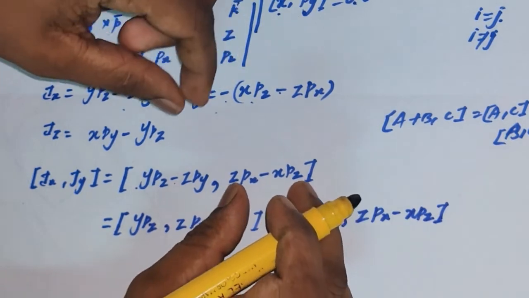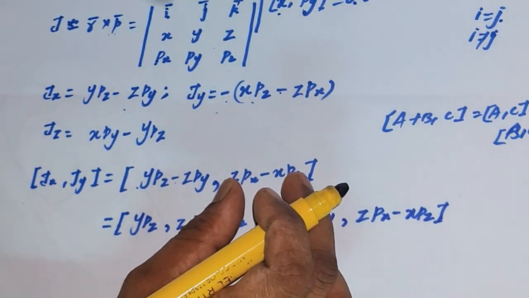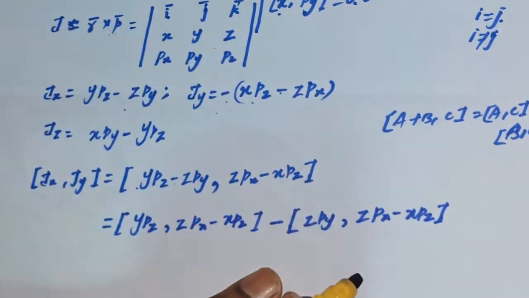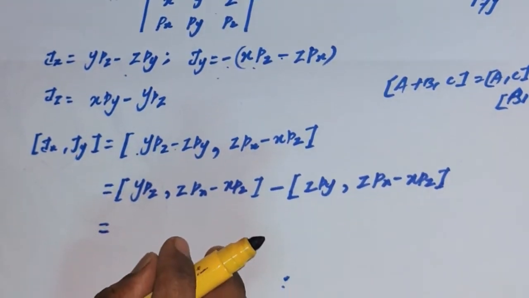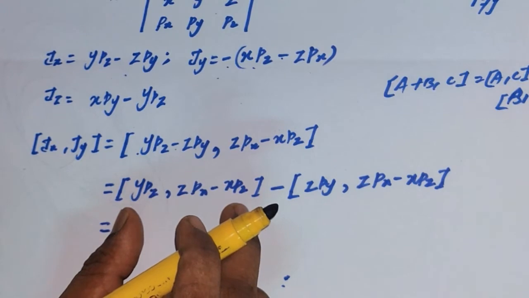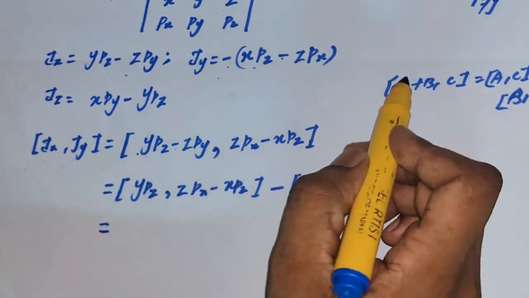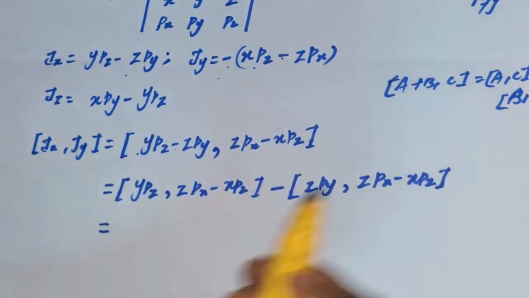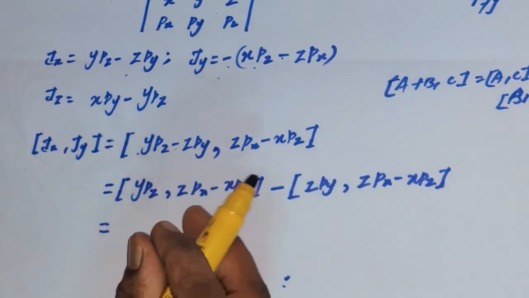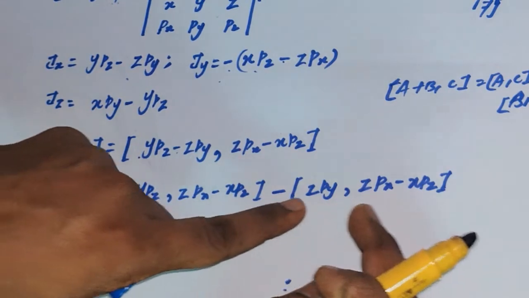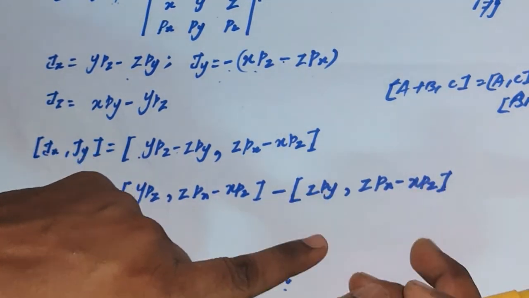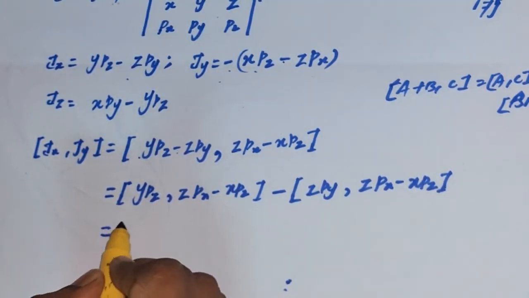We are taking this as a c, then splitting this as two commutations. Now again we are going to use the same formula. Usually we can call this the associative property of the commutation rule. So we split this as one commutation, the next commutation, and in a similar manner this is one commutation, this is another commutation. We are going to write it as four commutations.